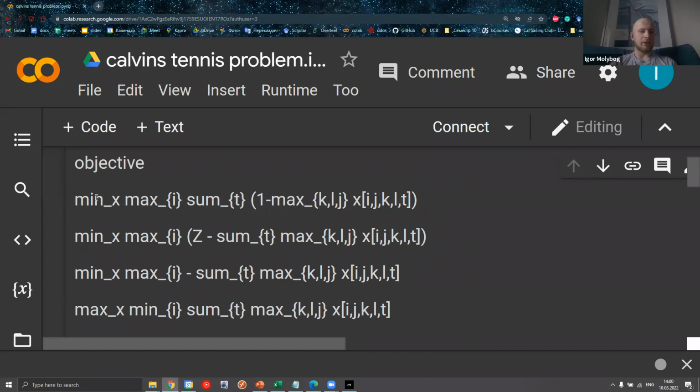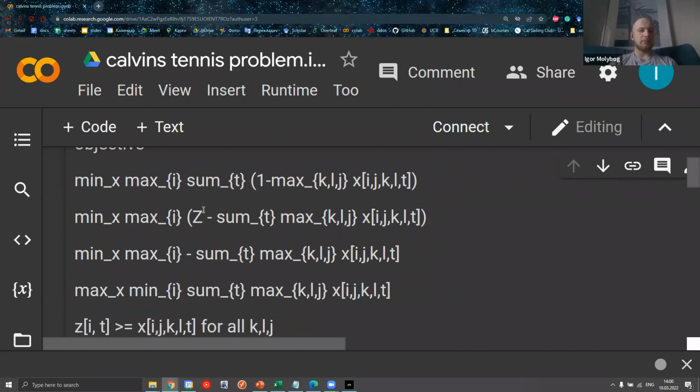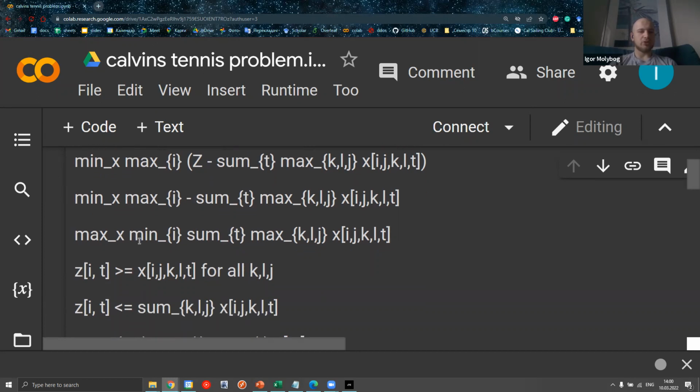Since the summation over t is from 1 to z, we can replace this, and then we have a minimization of a maximization of a negation,